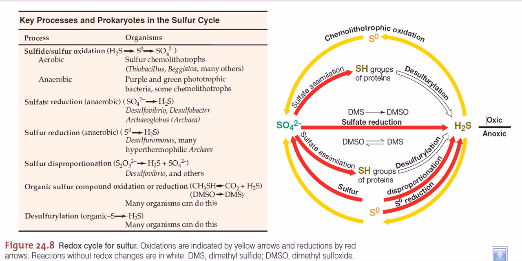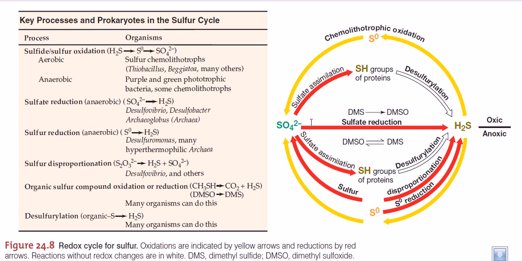Now after the assimilation of sulfate, all these things have been done. We have taken the sulfur from the environment and incorporated it into our cells. Now, after doing all the jobs we need to do using the sulfur, we have to set this sulfur back into the environment, as we got it from the environment, like H2S. We need to produce hydrogen sulfide again, and set this sulfur back into the environment.